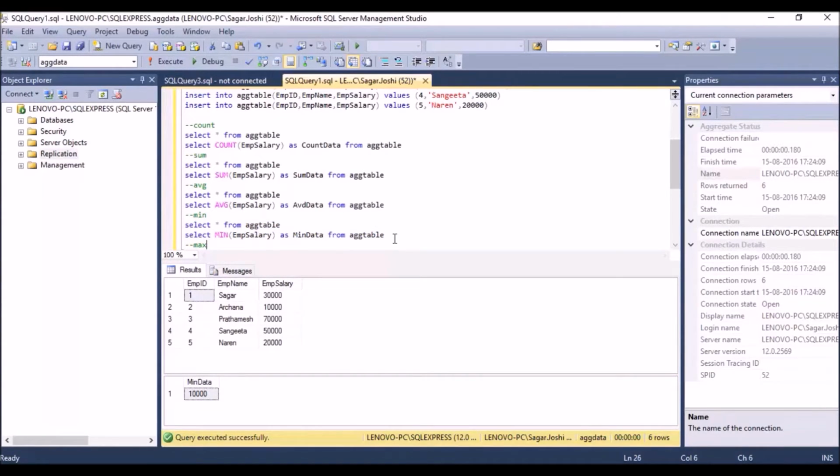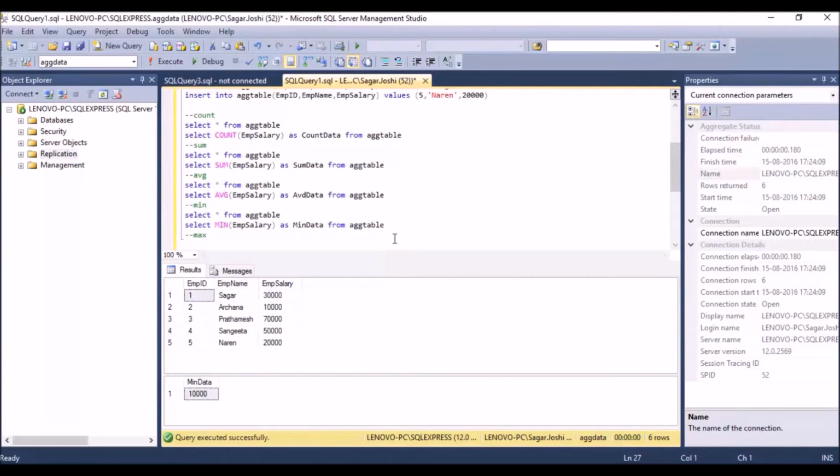Now let's have a look if we can get the maximum value from these specified values. Select max, m salary as max data from the table name.